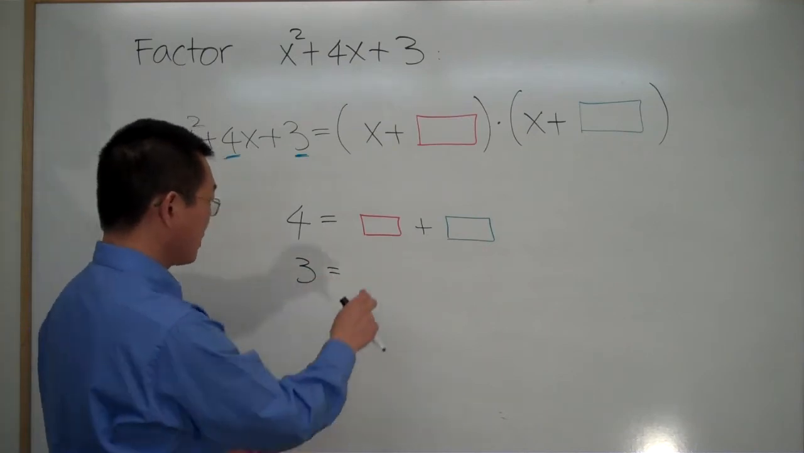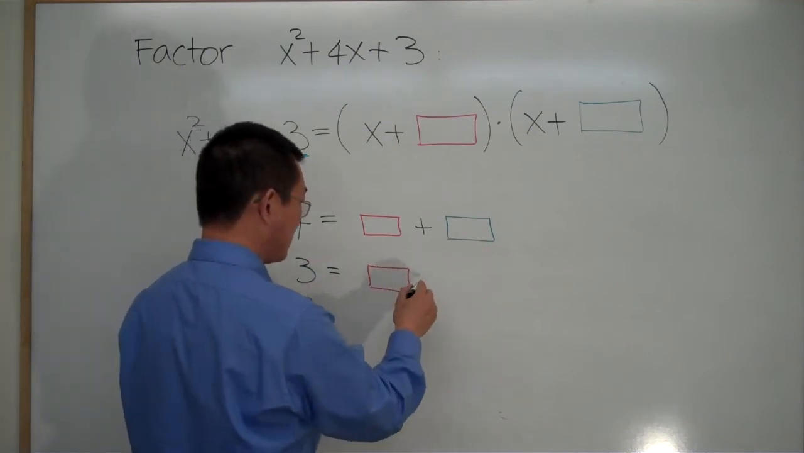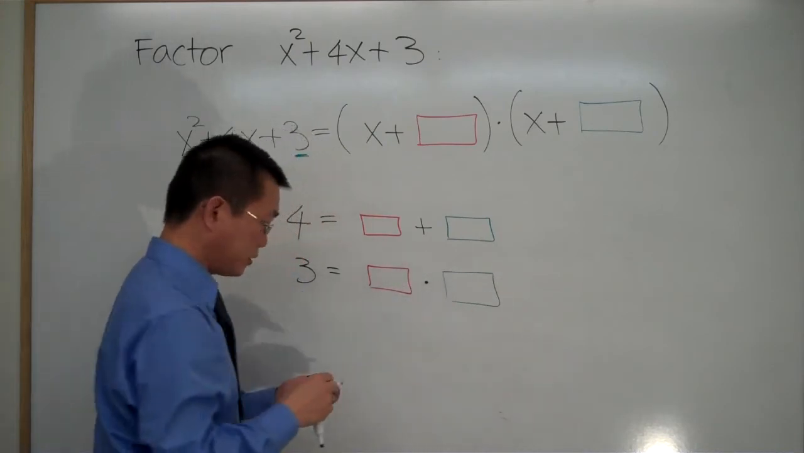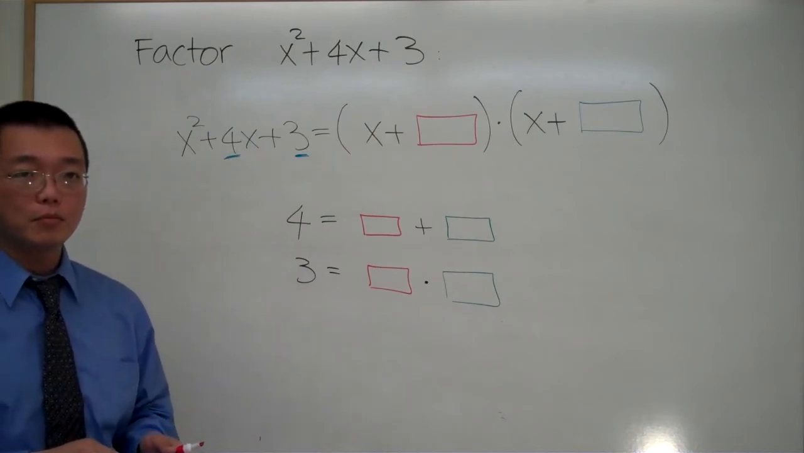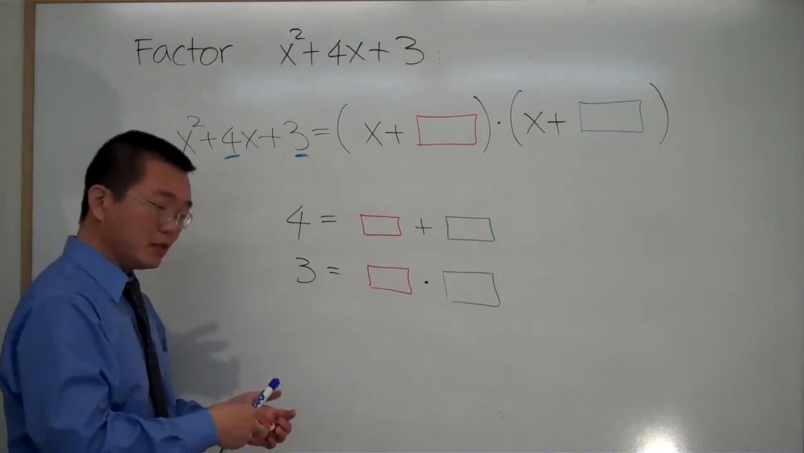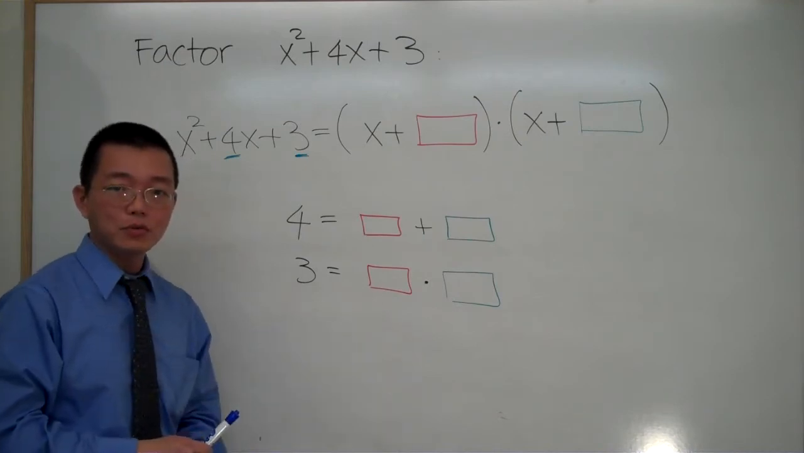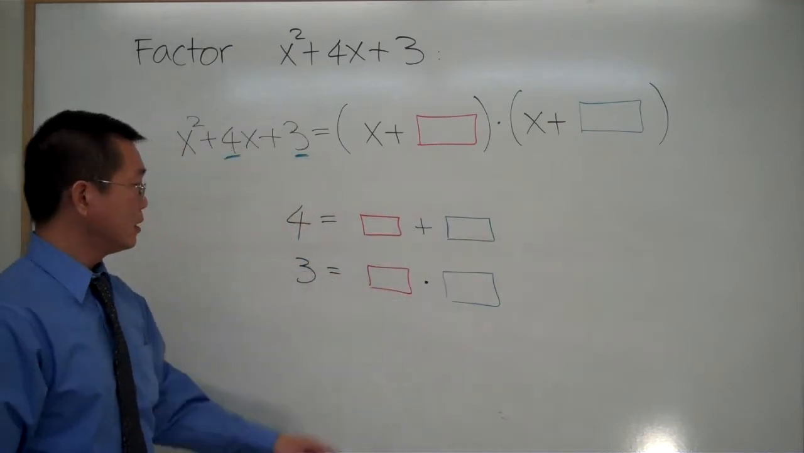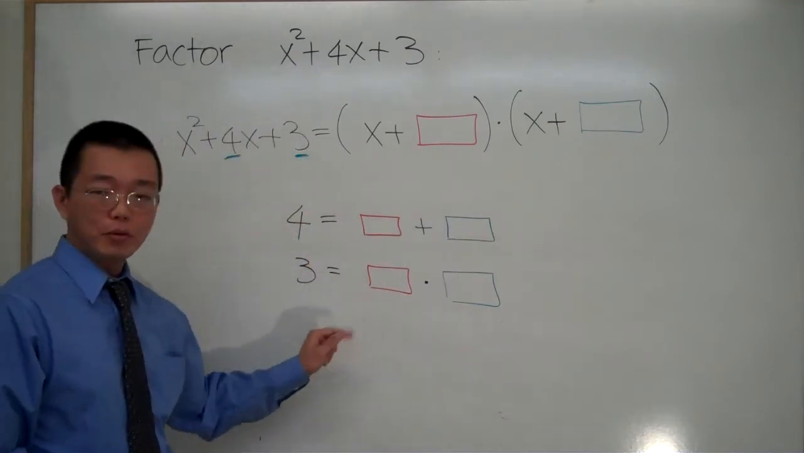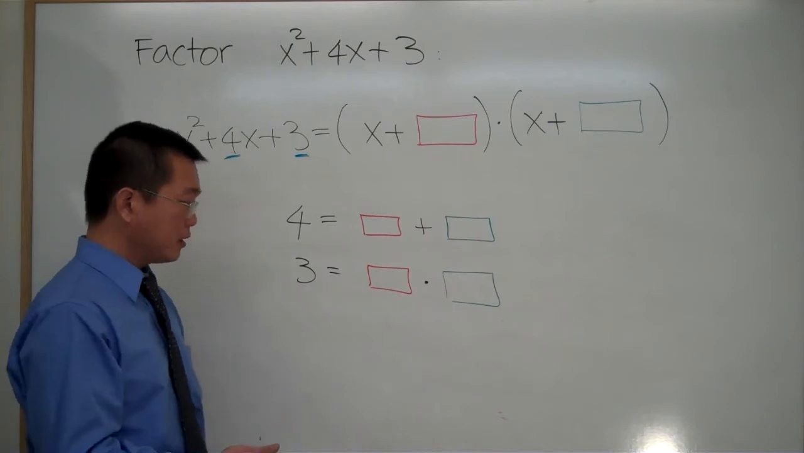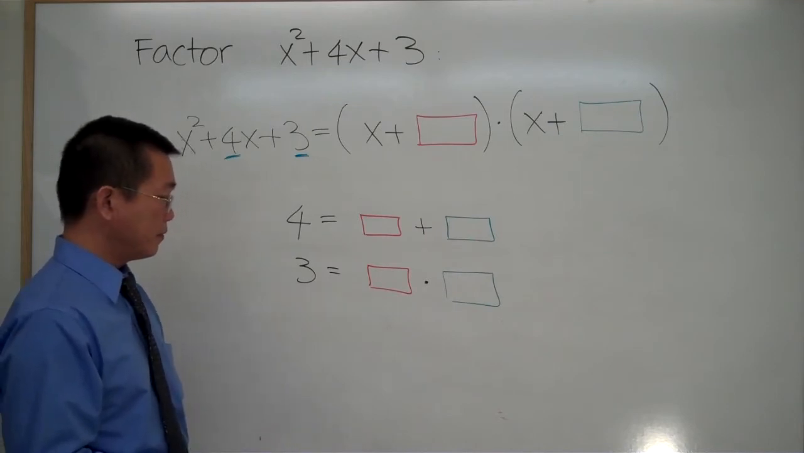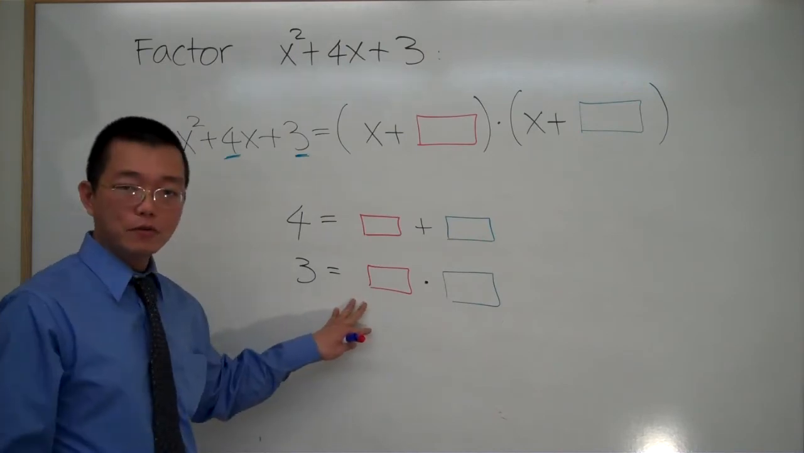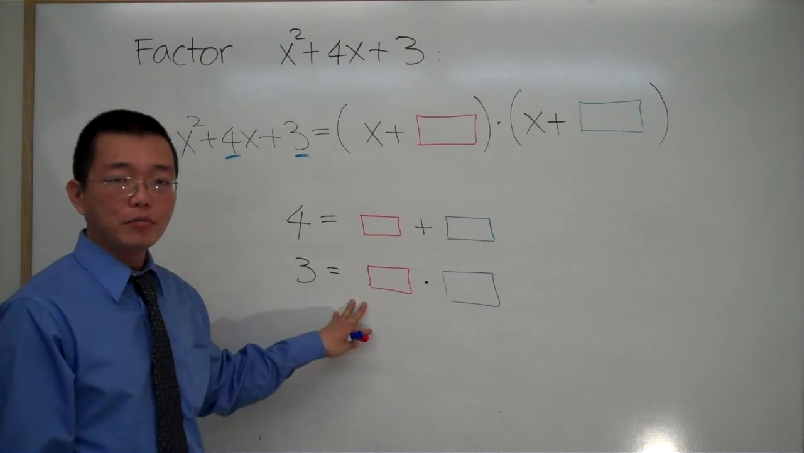This 3 is the product of the two numbers that are supposed to be sitting in the red and blue boxes. So these are the clues. These are two clues we'd like to use. The two numbers I put in those two boxes, the total should be 4, and the product should be 3. Now, usually we recommend that we use the second clue first, which is that the product of those two numbers is 3,